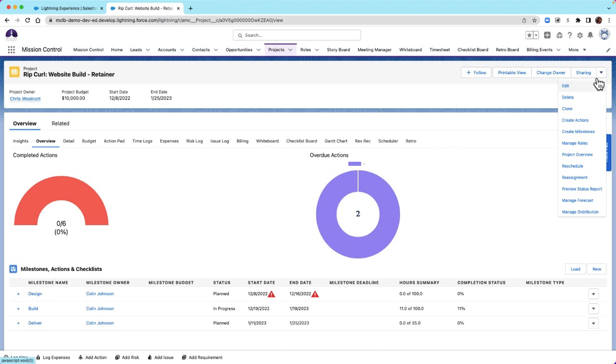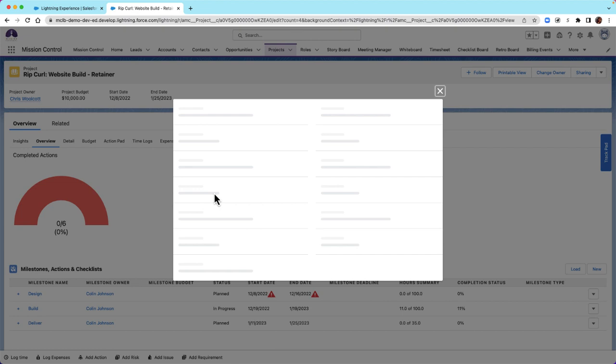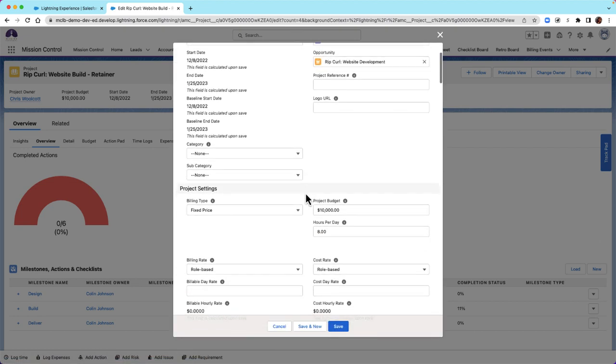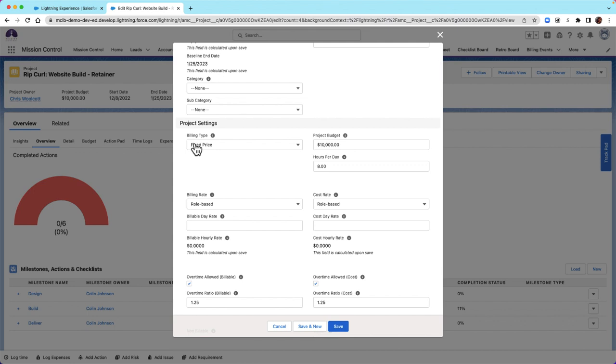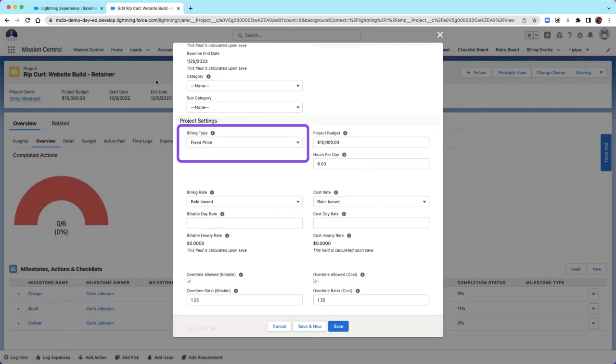So on this project I have milestones and actions already created. I'm going to edit the project to view further details. So I have the billing type set to fixed price. The retainer billing cycle can be used in conjunction with the fixed price billing type or the fixed price plus expenses billing type. With fixed price plus expenses, a billing event will be created with 2 billing event items, one for the retainer amount and another for the expenses that are approved but not yet invoiced and have been approved during the retainer period. With the fixed price, your billing event will just have 1 billing event item for the